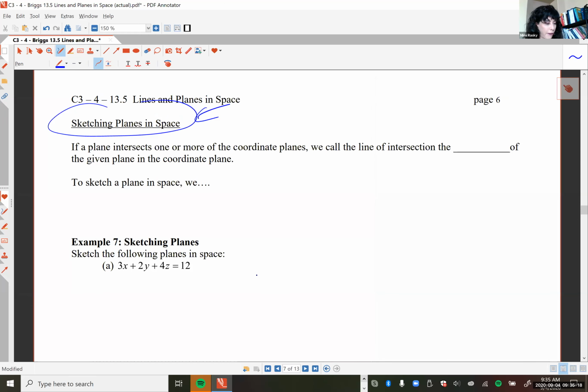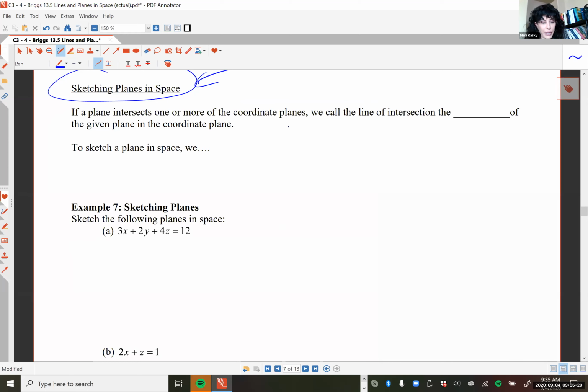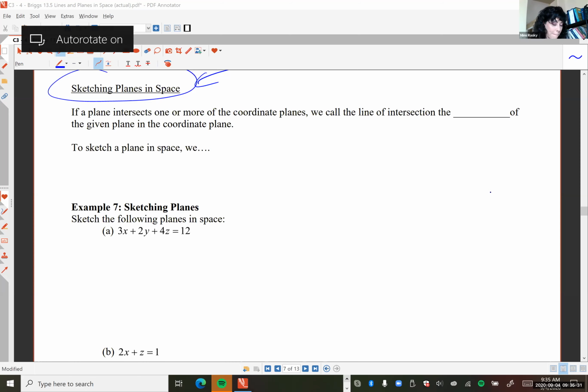Let's move on. All right, now you're going to sketch a plane in space. And this is without a 3D grapher. I want you to do it by hand. So it's pretty easy based on some of the things I just told you. So the trick is going to be,